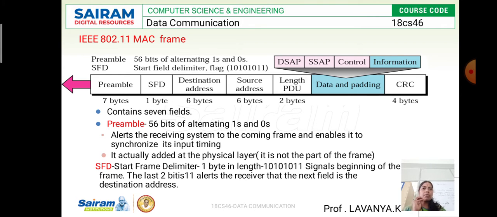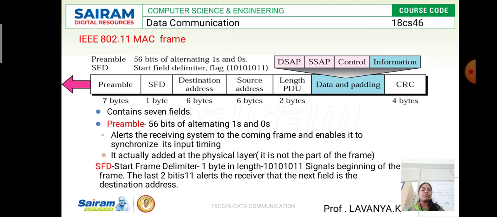Now I am going to discuss the fields one by one. The first field is the preamble field. This preamble field uses 56 bits of data. These 56 bits we call 7 bytes of information. In this 7-byte information, the bits are zeros and ones, which is a binary value. Using the binary value, they take the information, and this binary value is considered as the data or the address of that particular preamble.